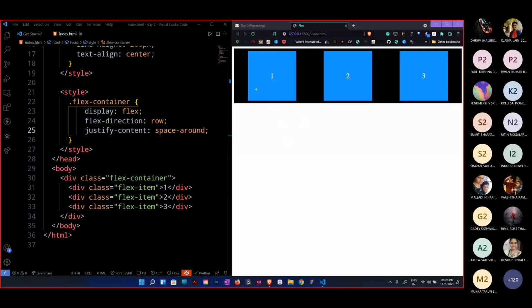Perfect. Now we are discussing the space around, right? Now, if you observe this particular space over here, it is equal to this particular space over here. The space around one particular box will be the same for all three boxes, like this space, this, and this. These space values are the same for now. If you want me to explain clearly how we can trust that those are the same, I'll show you one thing.